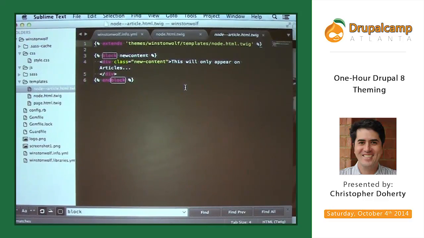There's an Amsterdam video with Morten doing this exact thing, except he defines it first in the first .twig file, and then modifies it in the second. So it inherits the default value for it? Yeah, it can change it because it's extending it. So you can give it a default and then maybe throw a new class on it. That's powerful. Kind of like Sass extend in a way. I'll have to check that out.